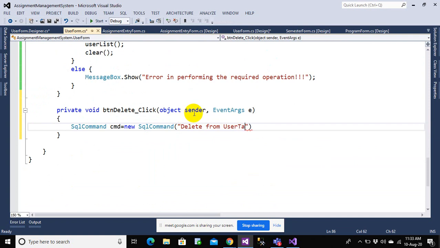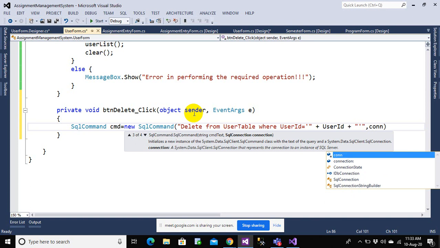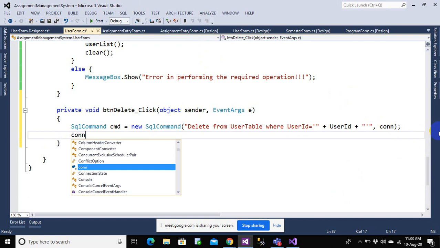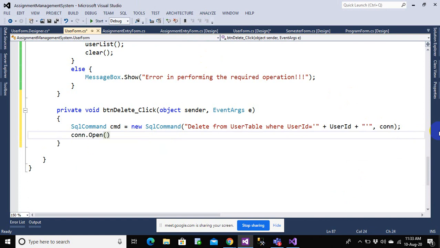Delete from user table where user ID should be equal to plus user ID, because you have read the user ID, and you need to pass a connection as well. That is what you have to keep in mind always. Once you have done this, you can open the connection and repeat the whole process.